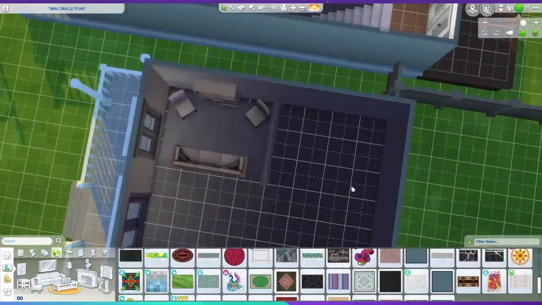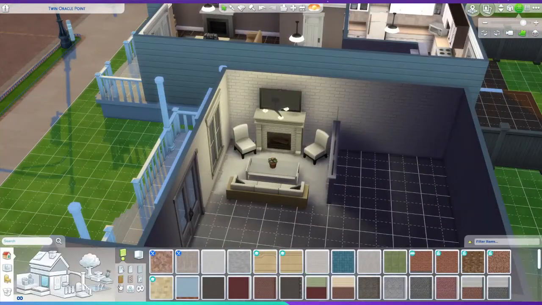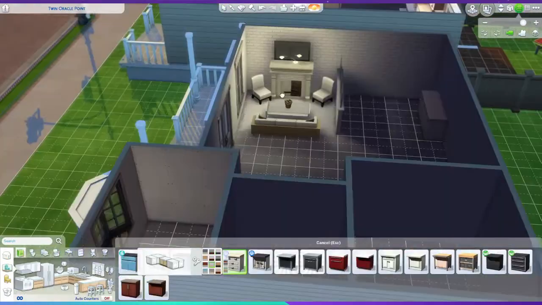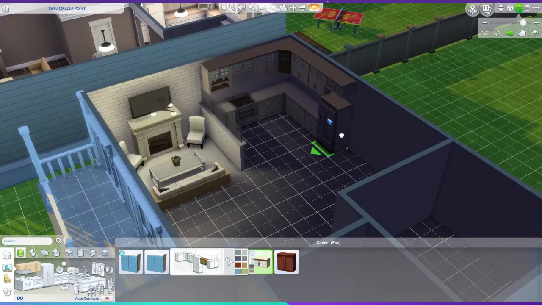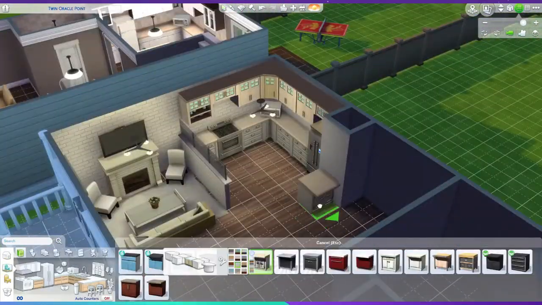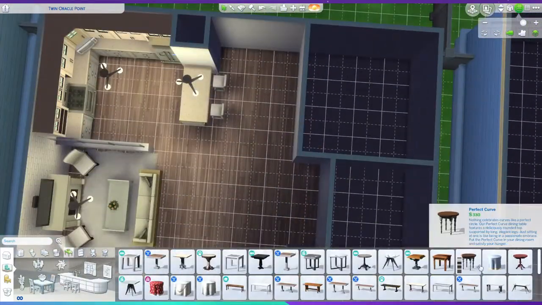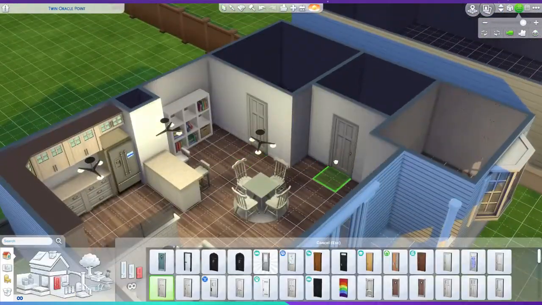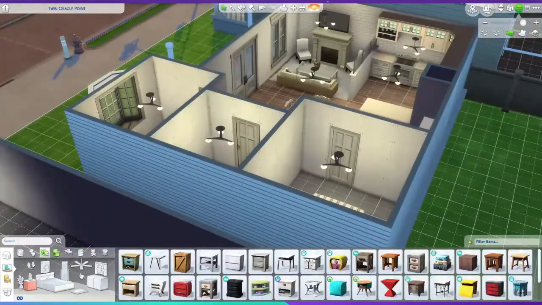So for the second house, I said that they were a newlywed couple, maybe a teacher and a fireman, and they have a baby on the way. I said maybe they might have a dog, but that wasn't necessarily set in stone yet, so I hadn't quite decided if I wanted them to have a dog. I believe that they just moved into this house. They just bought it, they just moved in, so they haven't really put in a ton of their own furniture, and as of right now they kind of have it looking like a newlywed couple house